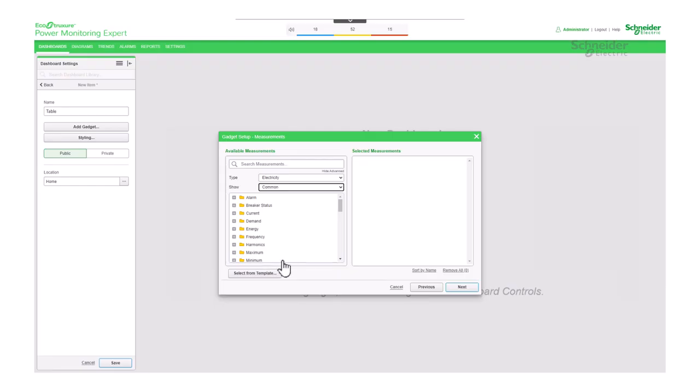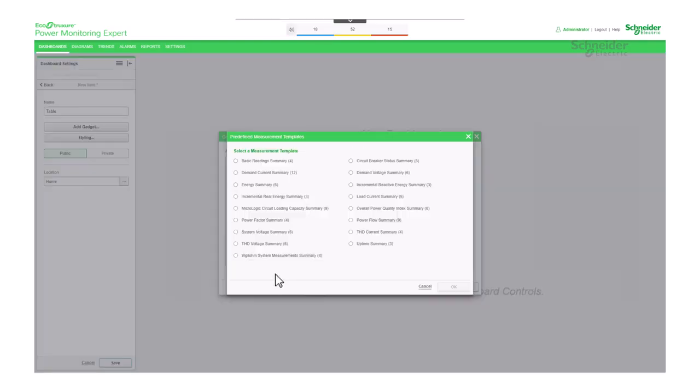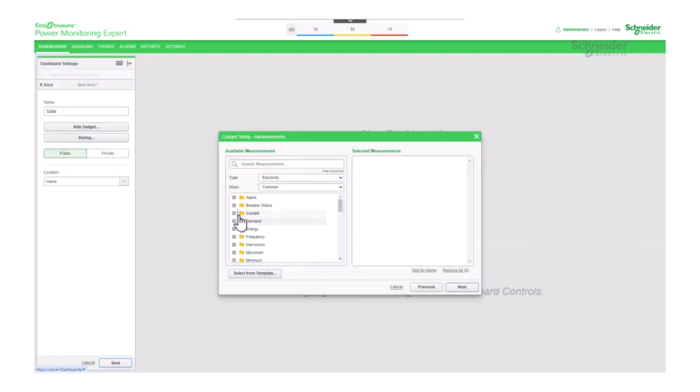The tool also includes table templates featuring predefined measurements. Once you've identified the measurements you need, simply select them, and they will appear on the right-hand side of the window.